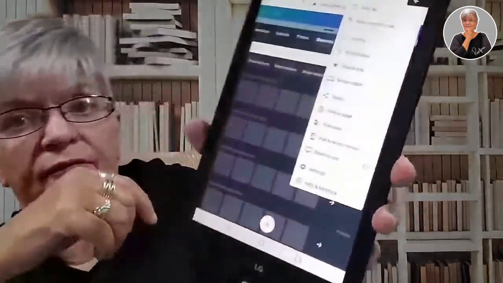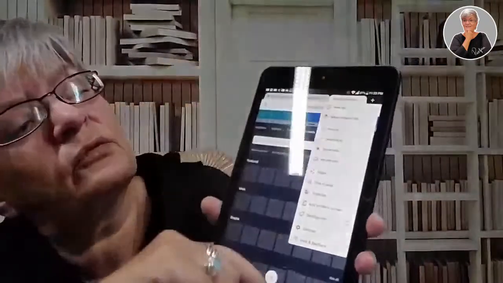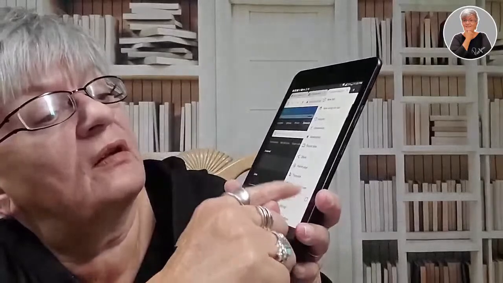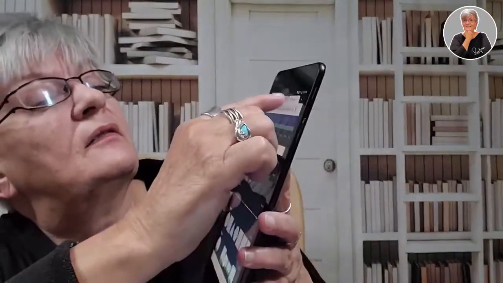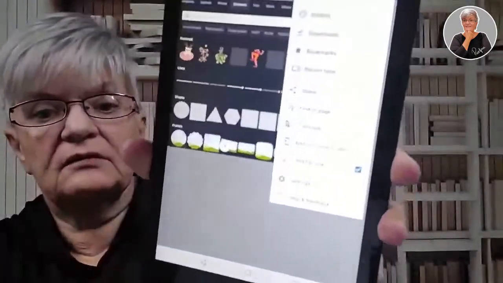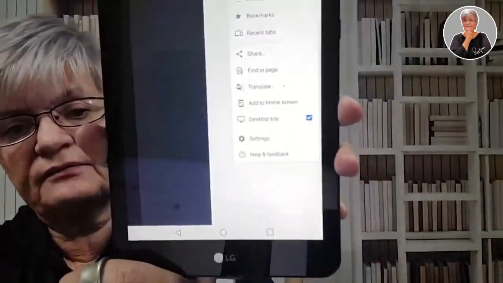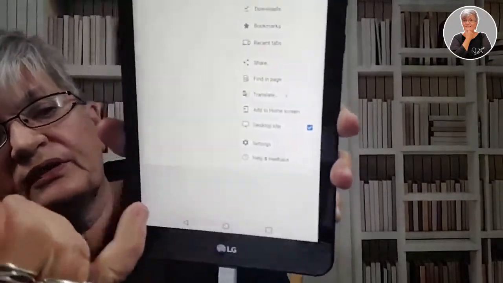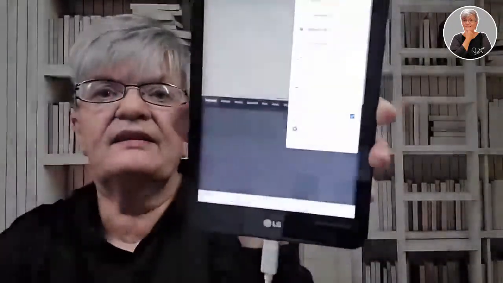As long as, if you see here, when I click those 3 little dots, it disappeared again. Can you see down there where the blue little mark is? It says desktop site. Desktop site. So on your phone, on your tablet,